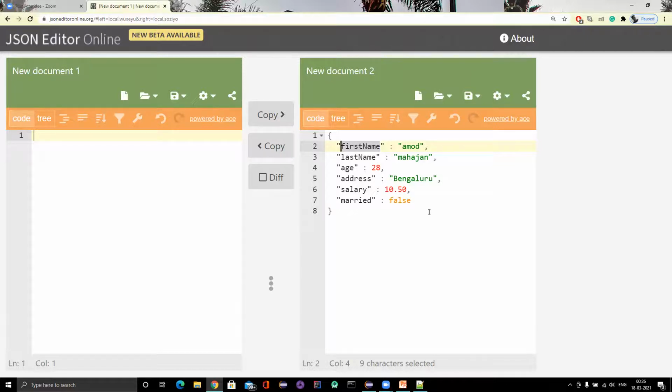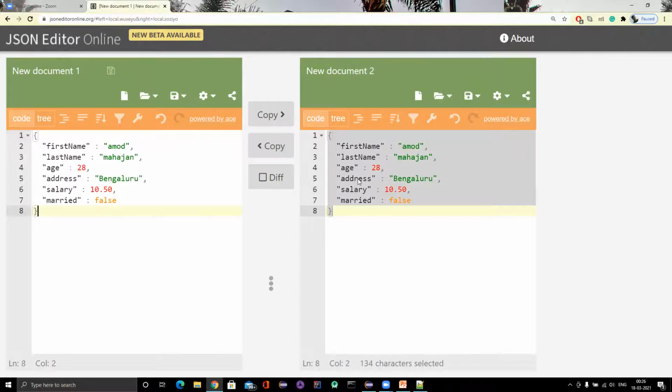But let me copy this here and change it. If you see address, Bangalore is not a proper address, right? Maybe I need to give the building name, the flat number, then some street number, street name, then maybe some other sub district and all, right? That should be a proper address. So what I want to do is store all these details.